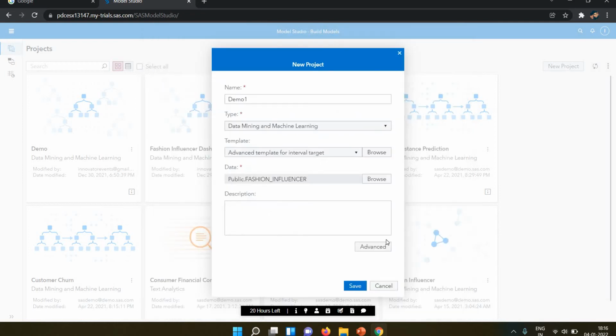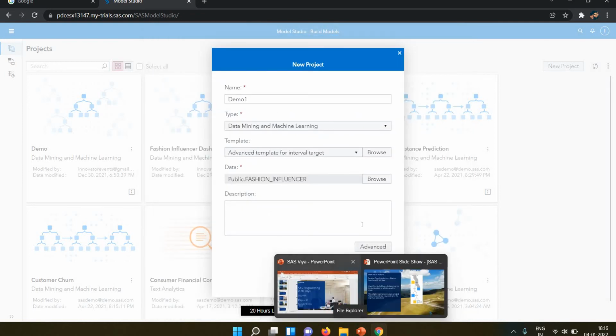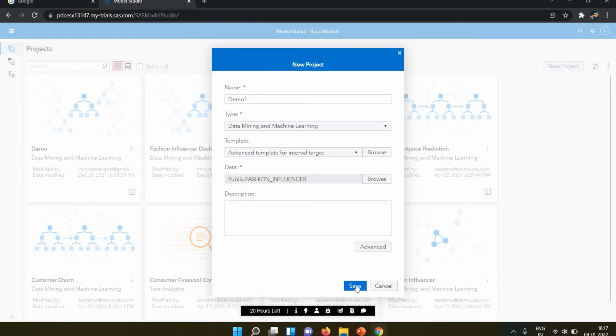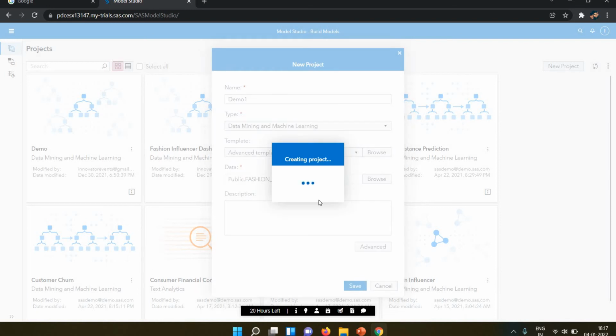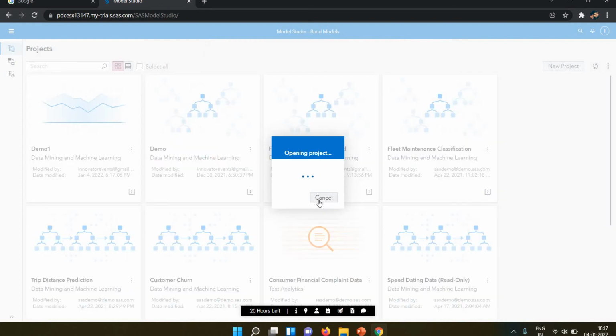Then save. Let's create the project. I'm creating my project. It takes some time to create your project.